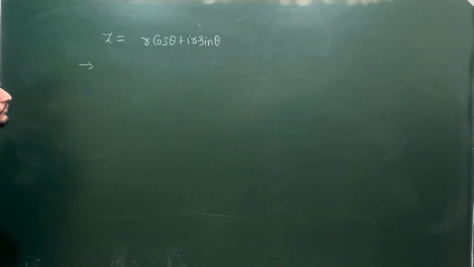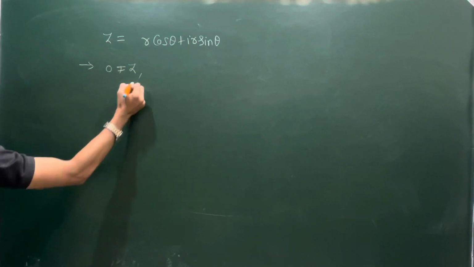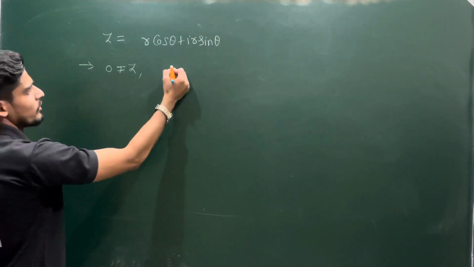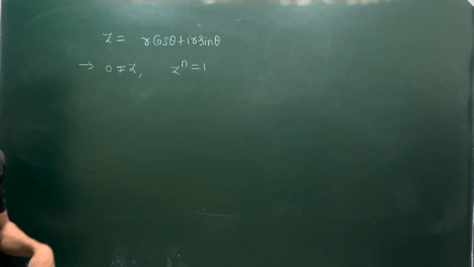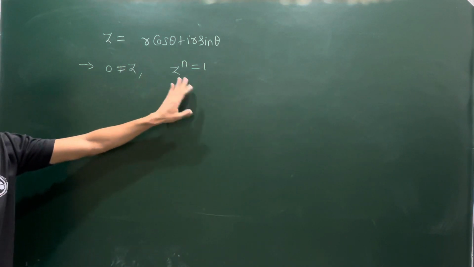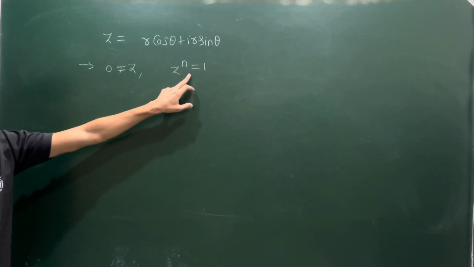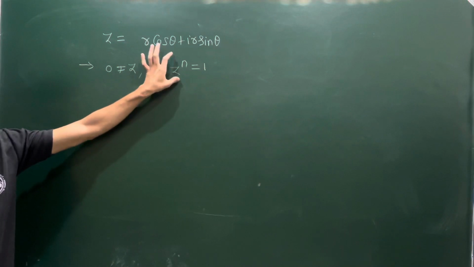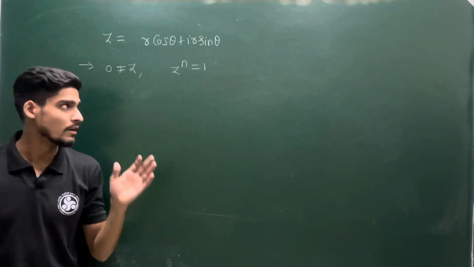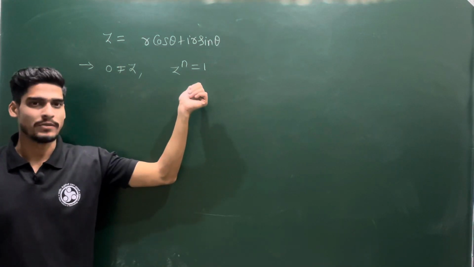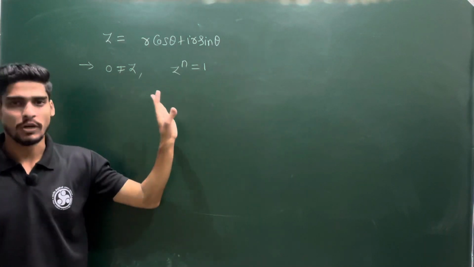Now let me give you another way. Suppose z is a non-zero complex number. I want to find the solution of this equation. See, this equation is a very powerful equation everywhere. In real analysis, it is important. In modern algebra, it is important because of this equation, you get the criteria of reducibility and irreducibility and irreducible factors of x power n minus 1. So this is a very powerful tool. In complex analysis, I will tell you why it is important.